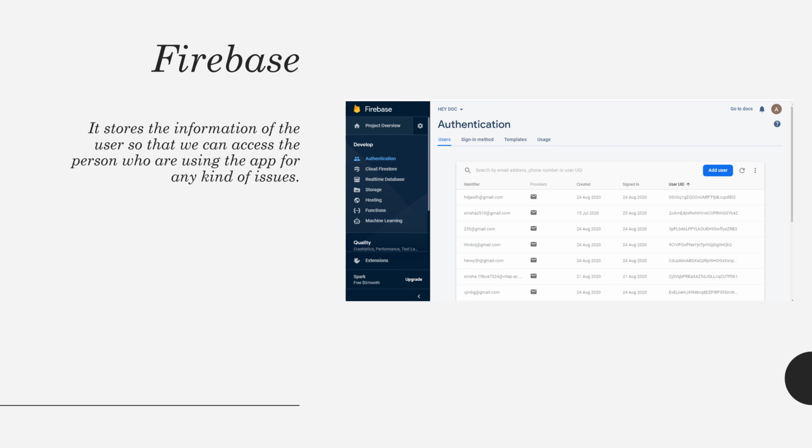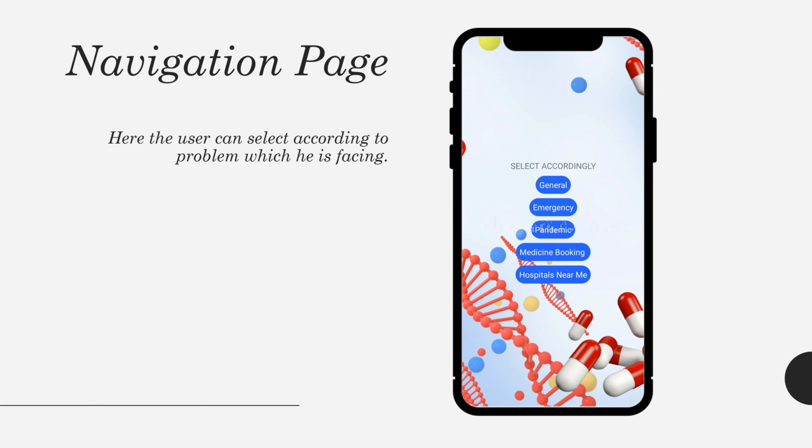As soon as the login page gets completed, the app directs you to the navigation page. Here, the user should select according to the problem which he is facing. For example, if the user selects the general page,